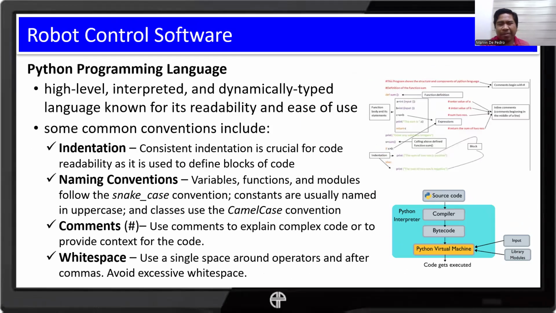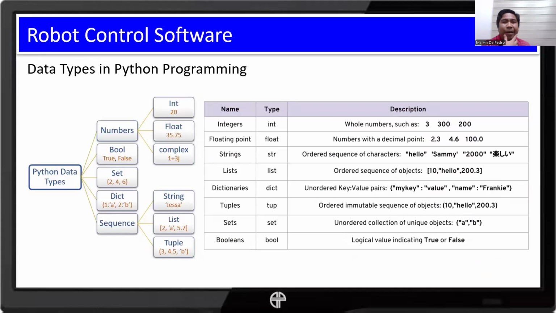So that's a very quick overview of Python. Regarding data types, Python has fewer data types. It has fewer options because Python is smart enough to identify how it can minimize the space to be consumed by your Python code.